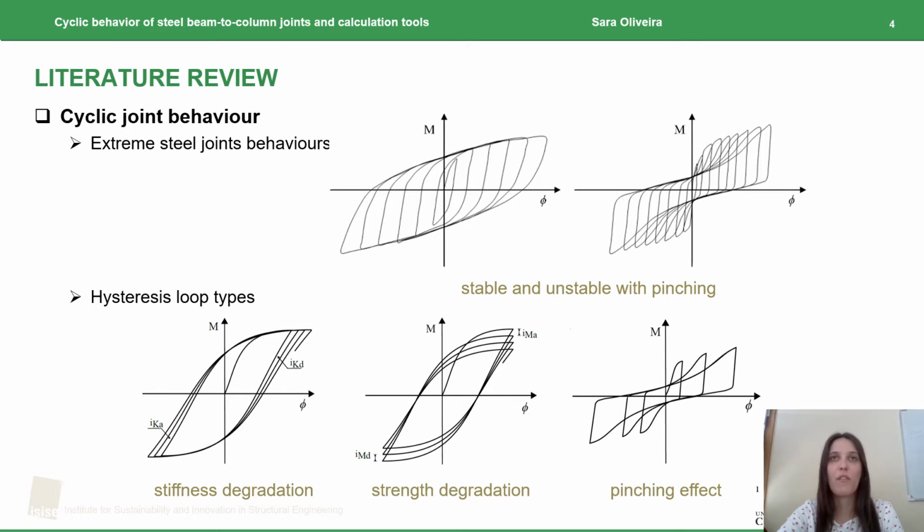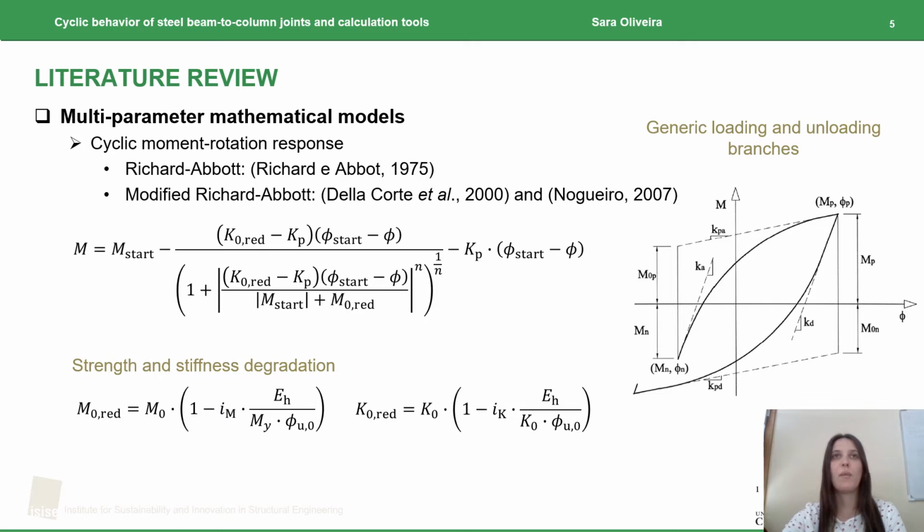The structural behavior of steel joints under cyclic loading is characterized by hysteretic loops with progressive degradation of strength and stiffness, often combined with pinching effects. The Richard-Abbott mathematical expression can reproduce the phenomena shown in the previous slide. Furthermore, this model is adopted because of the advantage of a continuous and differentiable function within each ascending and descending branch, unlike a trilinear model, which can cause convergence problems at each change of slope point, especially when using incremental